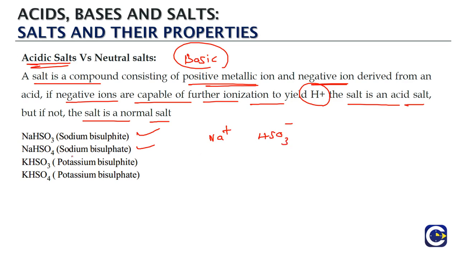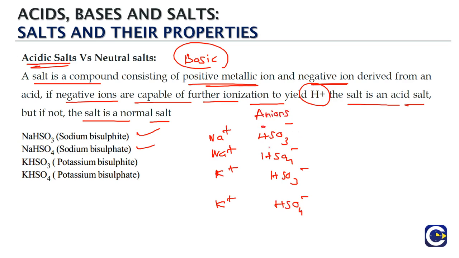Sodium bisulfate has Na plus and HSO4 minus. Similarly, the potassium bisulfite and potassium bisulfate also. So potassium bisulfite has K plus and HSO3 minus, and potassium bisulfate will have K plus and HSO4 minus. We can see that the anions,